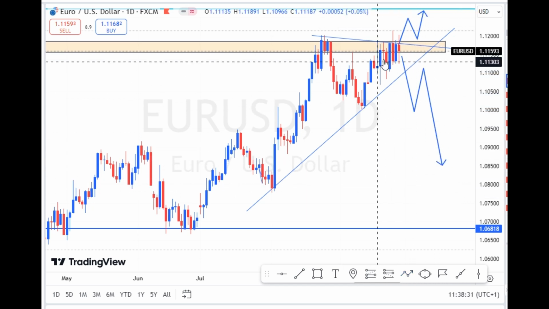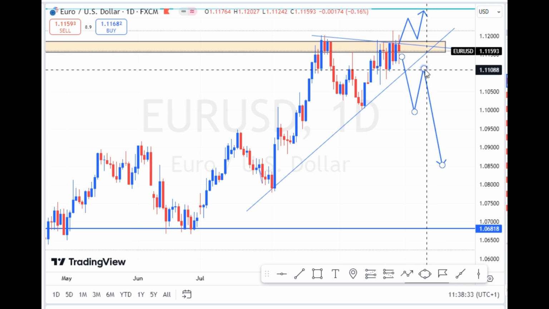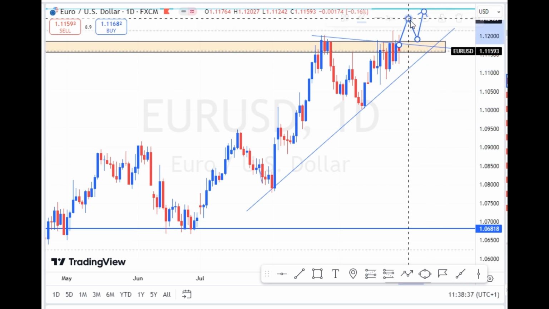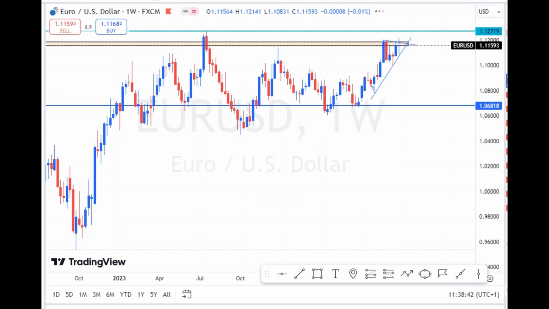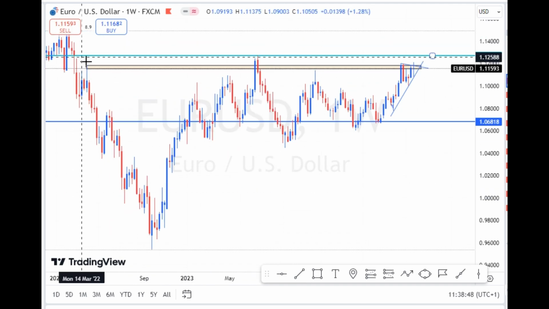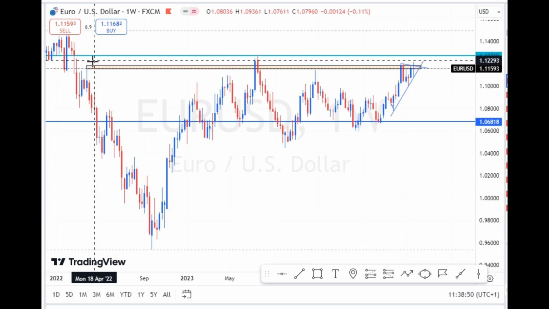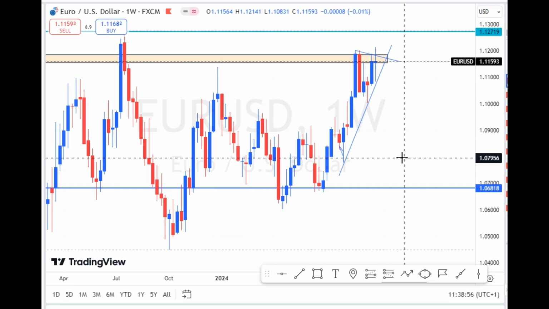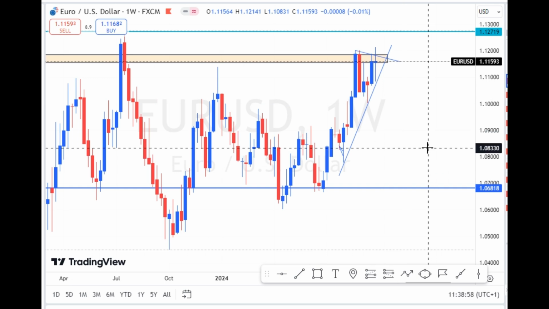Currently, Euro USD is in a sideways trend. So let's look at the weekly chart of the Euro USD. On my weekly chart, you can see that the price closed on a resistance level. You can see that this resistance level on the weekly chart still currently holds. So long as price fails to close above that resistance level, there's a possibility for Euro USD to drop this coming